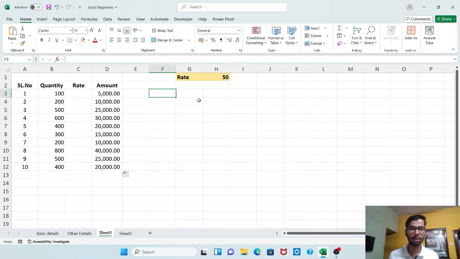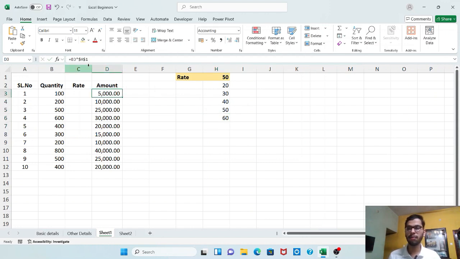You need not put the absolute reference for the entire H1, rather you can just put it for one in the combination of two. That is, when I'm telling H1, it is H column and first row. I need not fix or provide an absolute reference to H1 itself. I can just give an absolute reference to H column and keep the 1 moving as well. Now if I come over here and type values as 20, 30, 40, 50, 60,